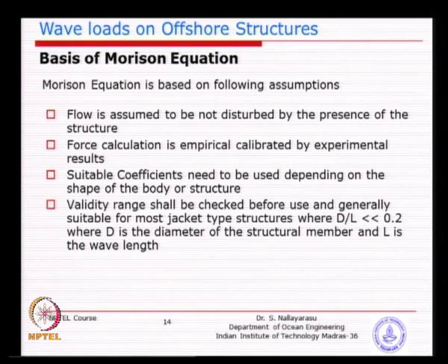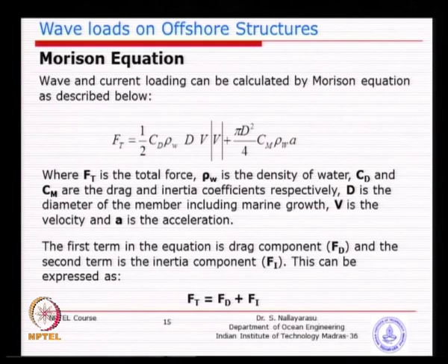Now, what is the formula he proposed? Basically, of the form, the first component is the drag form, the second component is the inertia form. So, the first component is basically proportional to the square of the velocity, like your kinetic energy, I think you might have studied, very similar idea, and the second form is basically the volume times density times the acceleration. So, volume is calculated for the cylindrical structure.